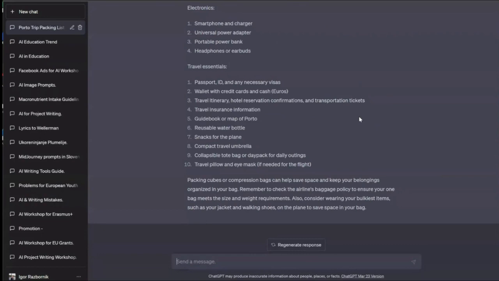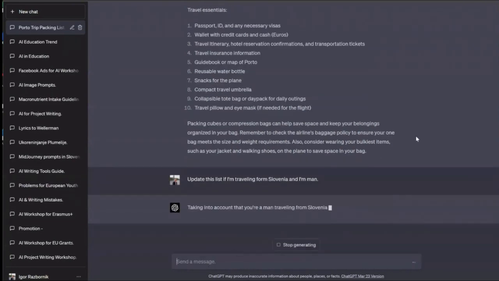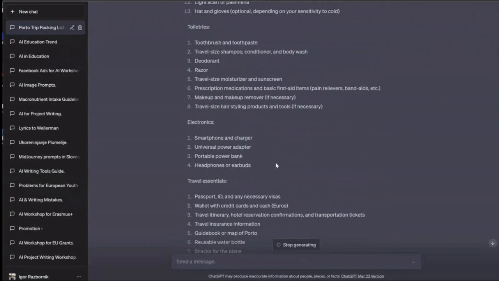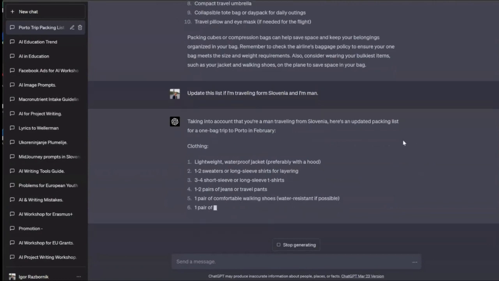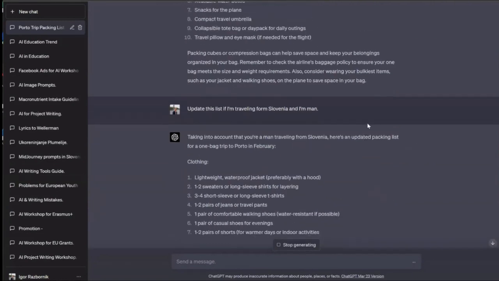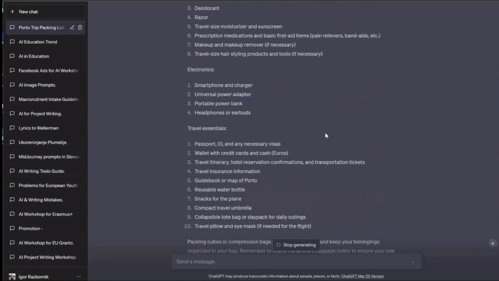intelligence writing projects. So what I can do, I can say, update this list if I'm traveling from Slovenia and I'm a man. Why I said this? Because before it's electronics, charger, power adapter. And if everything is okay, we'll see, okay, in Slovenia, you have the same power adapter, you have the same weather practically. So it will change the previous response